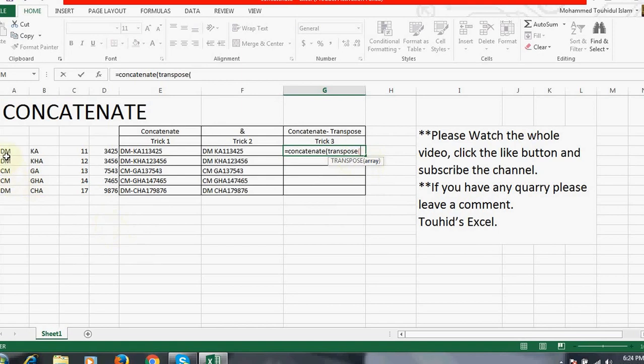Array means we can select a portion of a row, a portion of a column. Let's select from A4 to D4. Earlier in concatenate trick 1 and trick 2, we just selected the cells. Here we selected a specific area from a row. Okay, then the bracket close. Then we need to close the bracket again for the concatenate, but